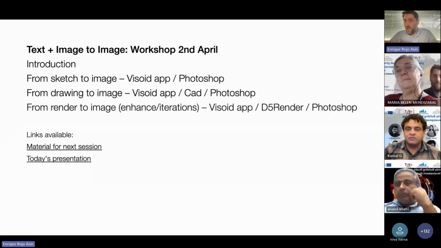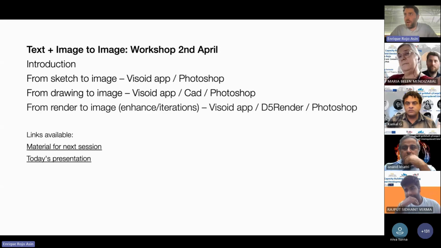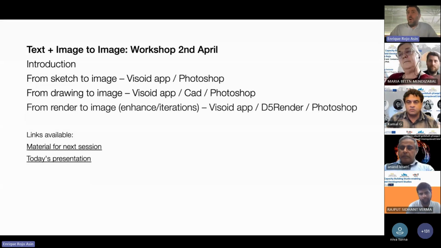For me, the one that I use with the students is Visoid. That's why I put it here. It's free, but with a paid subscription. But you need to understand that Stable Diffusion is the base of everything. Visoid in the end uses their own models, but they are based on Stable Diffusion.